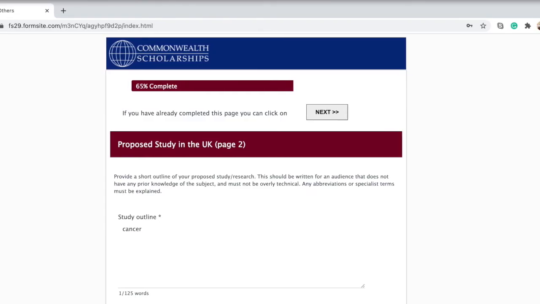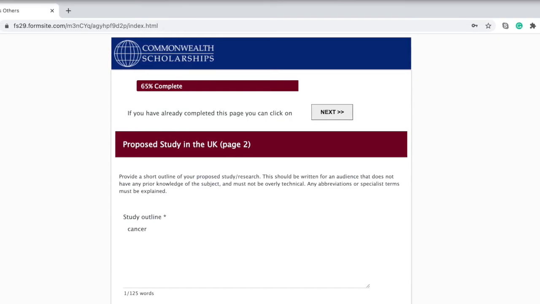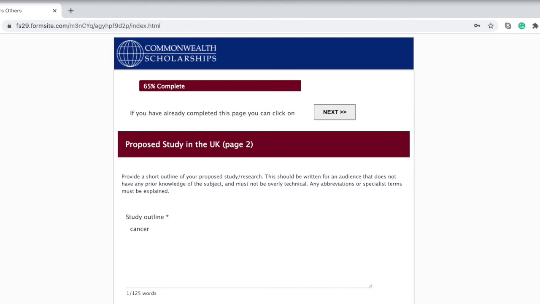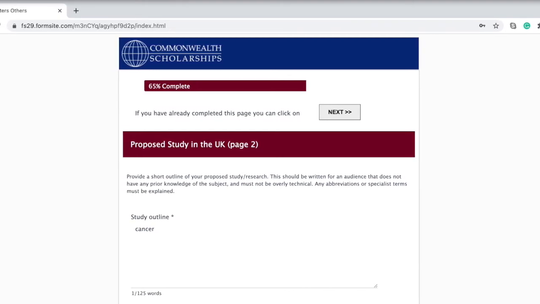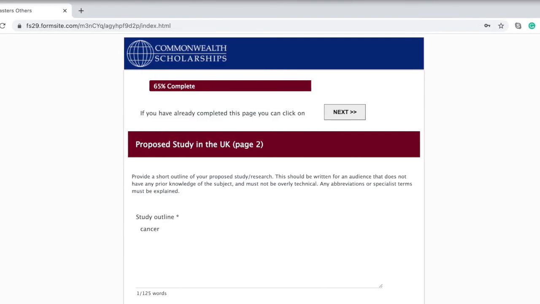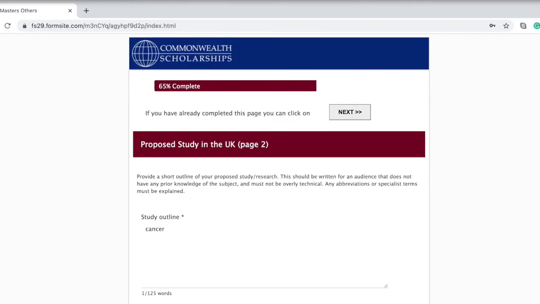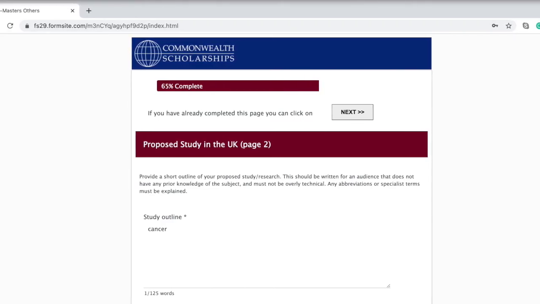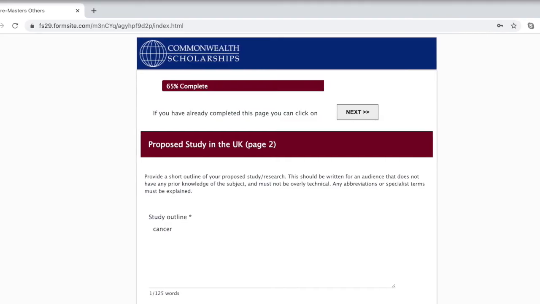And for me, it's hard to just list this, no. I just have to write what I want to study, why I want to study it, why is it important? Why is my study important? Why is it important to my country and to other countries? So that's what I want to include here briefly. I briefly include it here, and then I talk more about the subject.